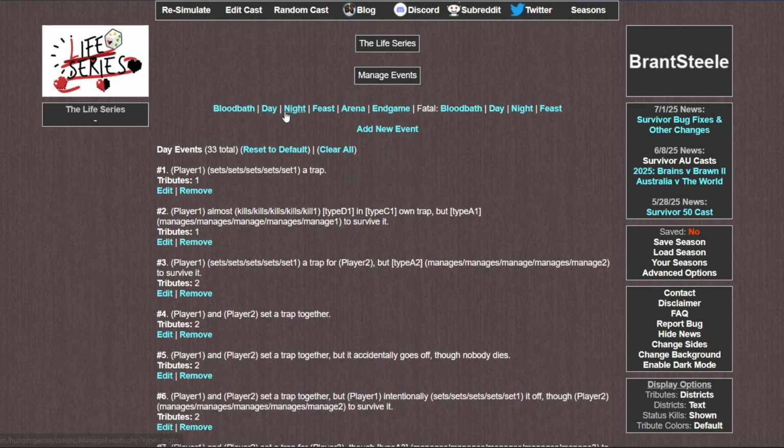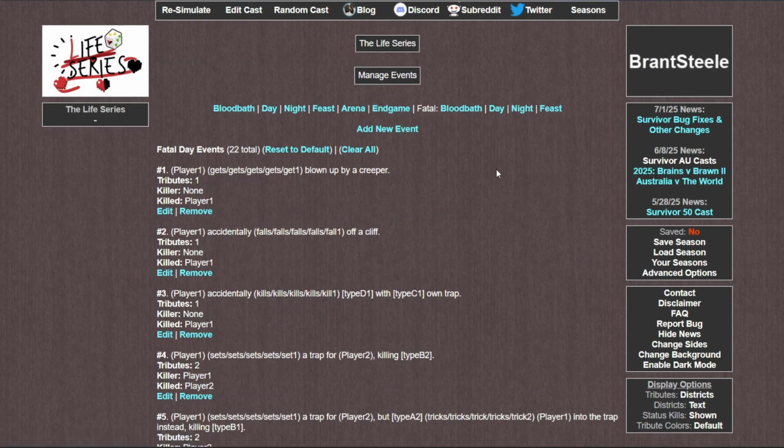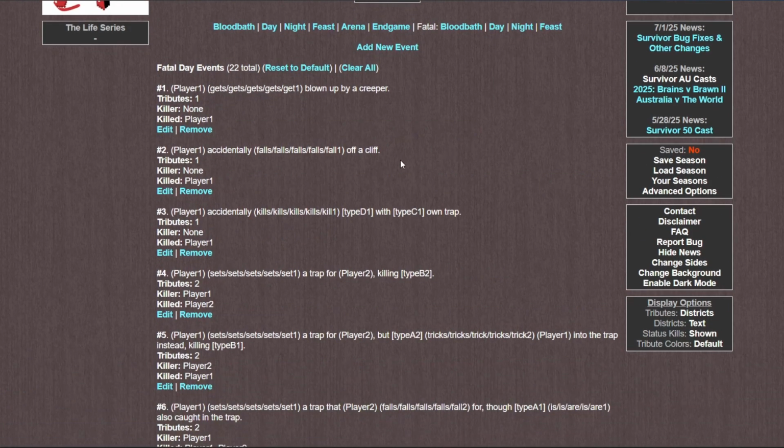So the day and night are like the first and second halves of the session, and generally speaking, I have most of the fighting occurring in the second half, and then more of the trap setting is the first half. So here, there's a bunch of different versions of trap setting. So these ones are all ones where nobody dies, and then in this version, this is standard, 2 deaths, I put it there.